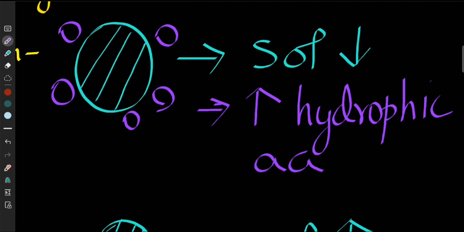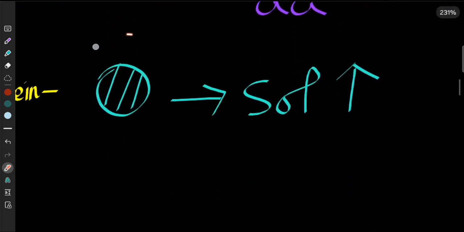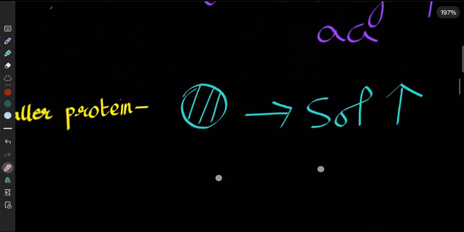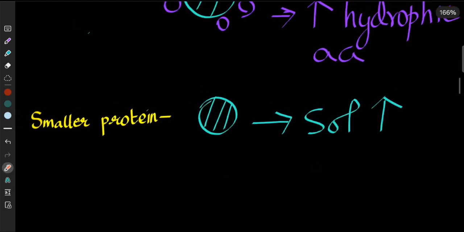That means the surface area is exposed very much, therefore there is a possibility that hydrophobic amino acids could be exposed, and therefore when anything hydrophobic is being exposed, then obviously solubility is going to decrease, right? But let us take this example. When the protein is a smaller protein, the hydrophobic area will be less exposed, right? So I can say that this is